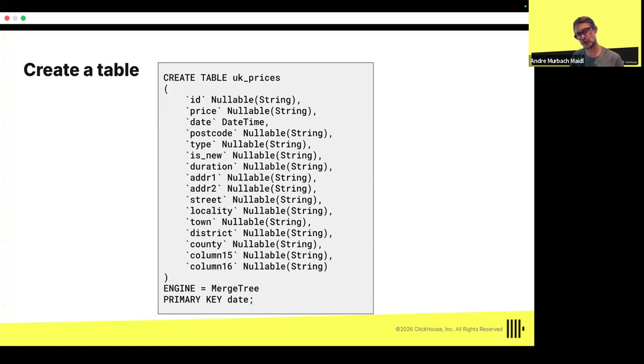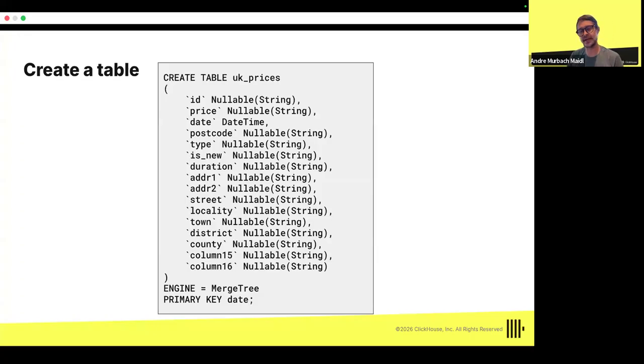And like I was talking to you before, here the engine, we call it MergeTree, because once you are ingesting data, ClickHouse will try to combine all this data into as few parts as it can on disk. So it makes it easier to load and then run queries. And remember, I was telling you that ClickHouse stores data in columns. This means that every item in this table is actually a column. Like ID will be a column, price is another column.